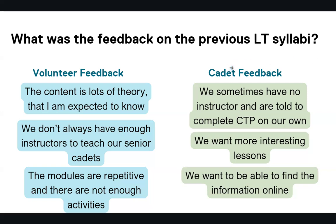The cadet feedback, a lot of the feedback that was in that was quite similar to one of the points in the volunteer feedback, which was that sometimes they didn't actually have an instructor to be able to deliver these leadership modules, and were told to just go and complete their CTP on their own,